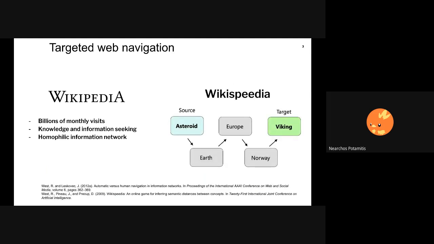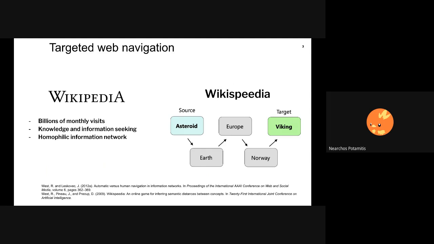To study this in a controlled setting, we use the Wikipedia game, a game built on a subset of Wikipedia. In each mission, the agent is given a source and a target page, and it has to navigate using only internal Wikipedia links. There's no search bar, no shortcuts, just link clicking and exploration. This gives us a repeatable, measurable way to study how well agents can navigate and how close their strategies come